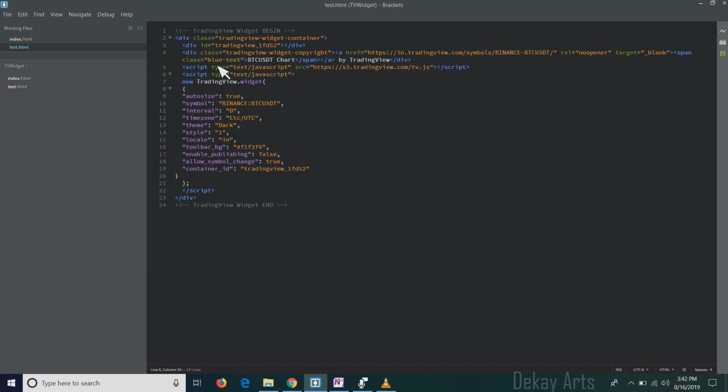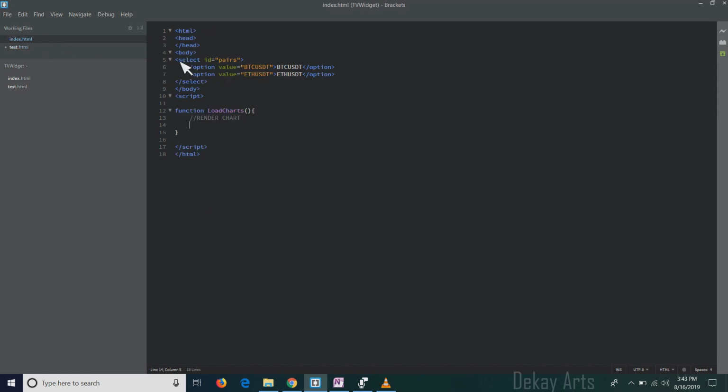Okay, and all these things are controlled by this particular line. This is where we are passing the TradingView CDN. CDN stands for Content Delivery Network. So this is the code that is offered by TradingView, and we are embedding this code in our project so that it does all the magic behind the scenes and renders the chart for us. Okay, so let me just copy this first and paste it here. I'm going to do a cut paste so that you can see which component is actually being placed.